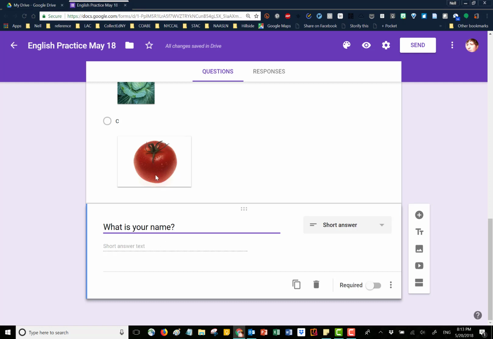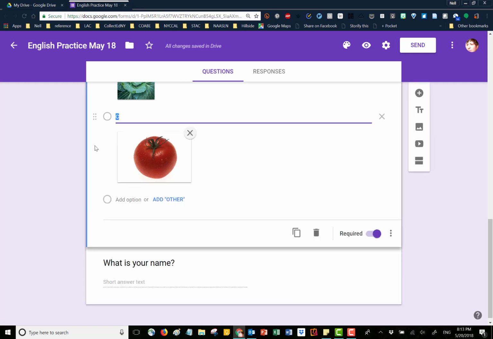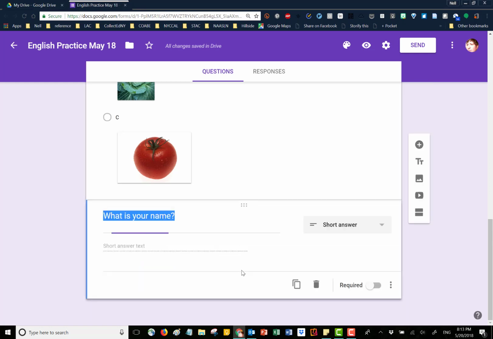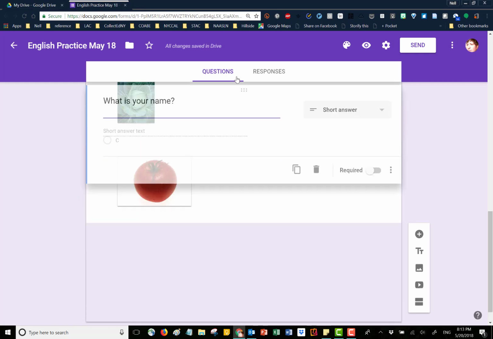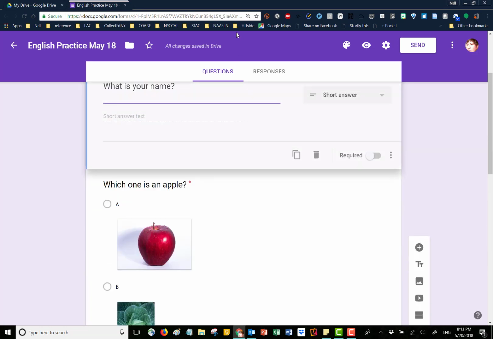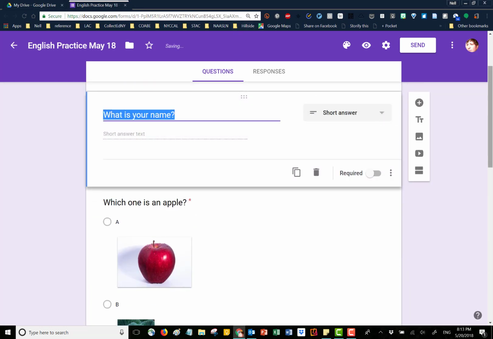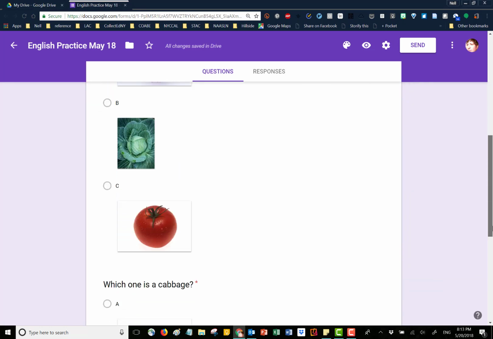So if you'll notice, whenever I click into a question, this question is the live question right now, and I know that because there's a blue line down the side and there's a shadow below it. If I click into this question above it, it now has the blue line and the shadow. When I have this question live, I can click on these 6 little dots, and you can see I have a 4 pointy arrow there. That usually indicates you can move. So if I click here, I can pull this all the way to the top, because I do want this to be the first question. Okay, so now I have my 3 questions,